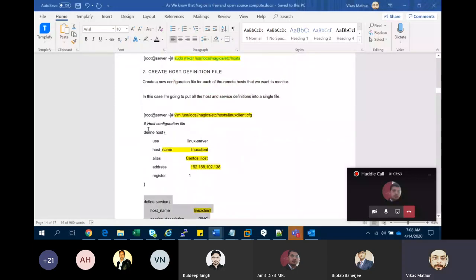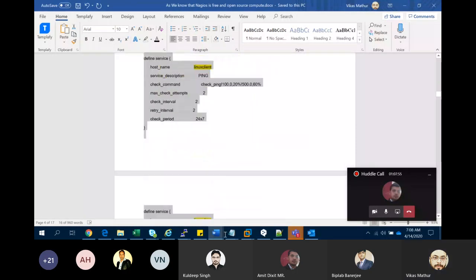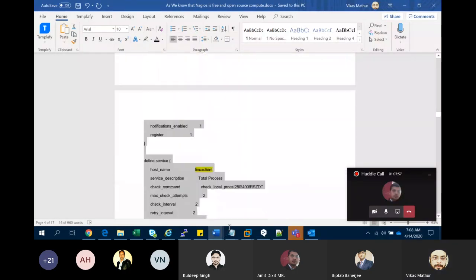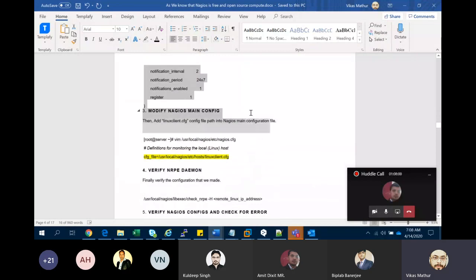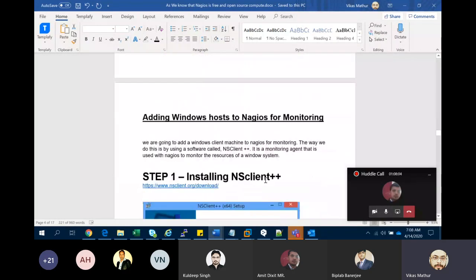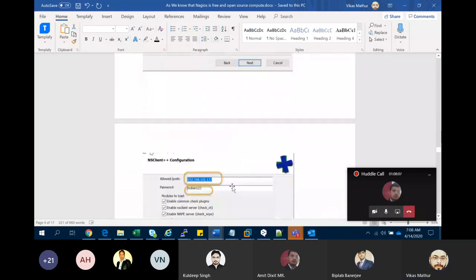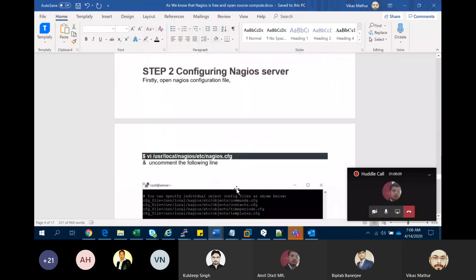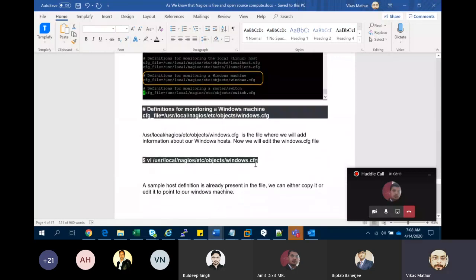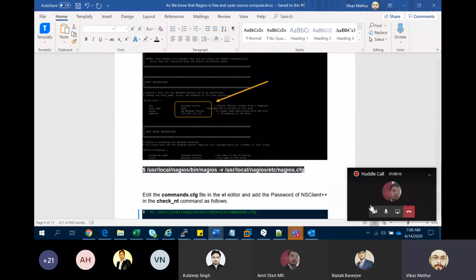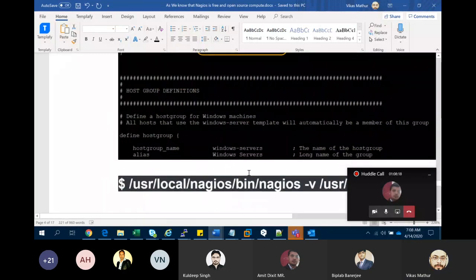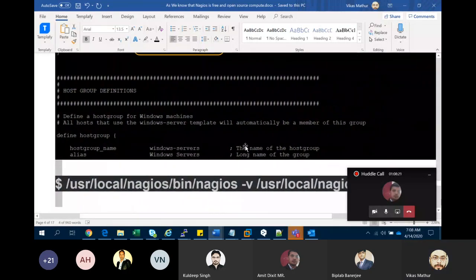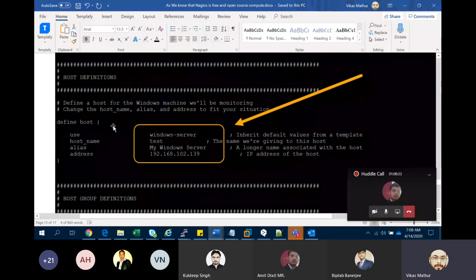you need to copy this whole information into this configuration file here, in this file. Okay, this is the Windows configuration host. If you see, this is the same thing as I did on the Linux machine.